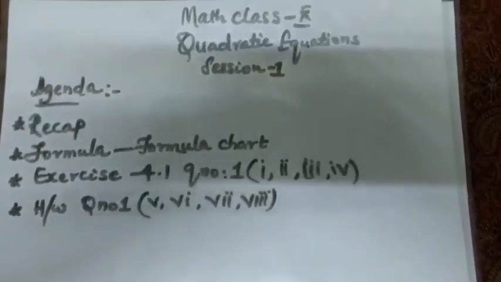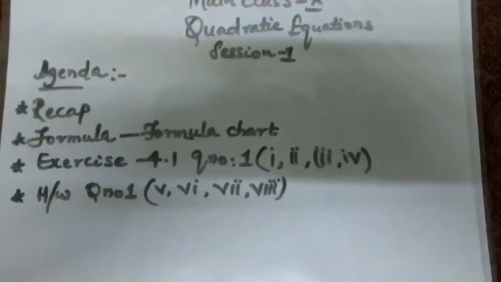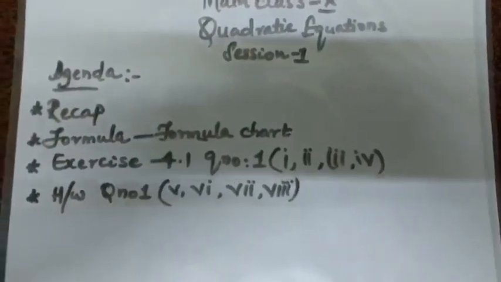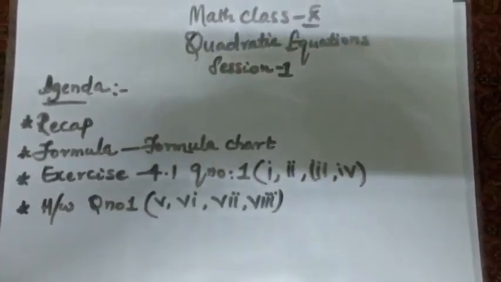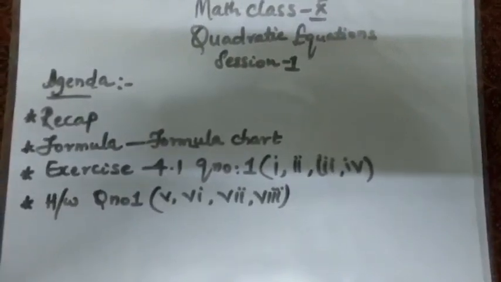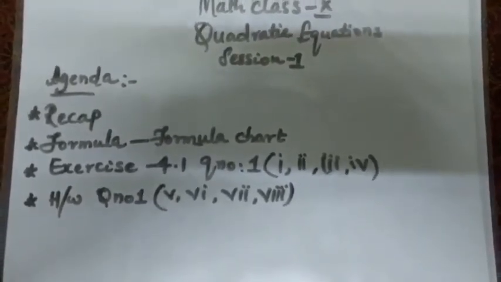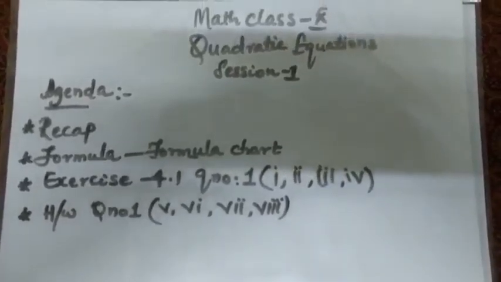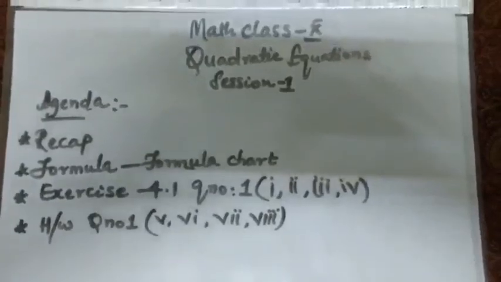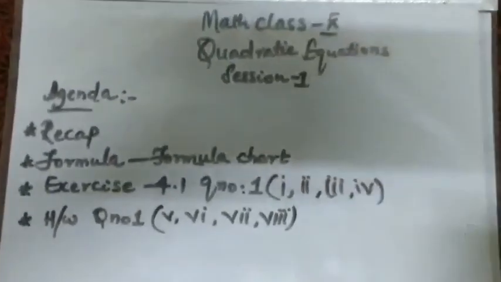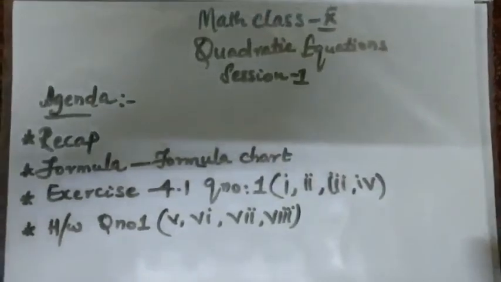So let's today start quadratic equations. Hope you all have done your revision which I had given yesterday. This chapter is just an extension of your polynomial chapter. In the polynomials chapter we had discussed factorization and division of polynomials to find factors. In this chapter we will be discussing how to identify quadratic equations and how to find out their roots. And half of the topics of quadratic equations we have already done in our polynomials chapter.